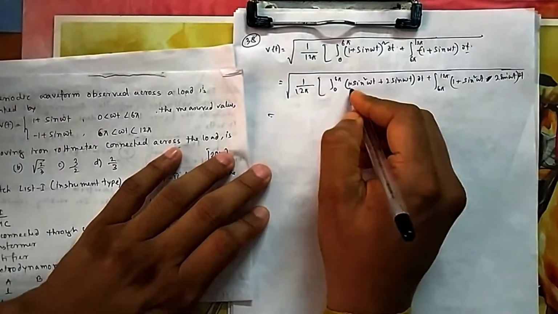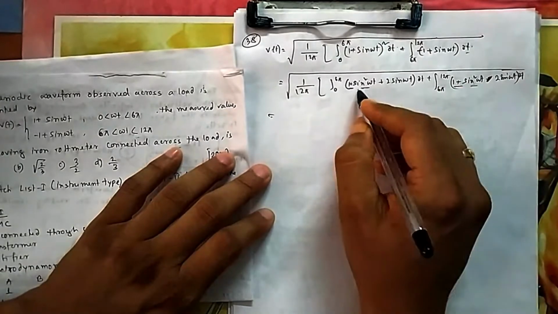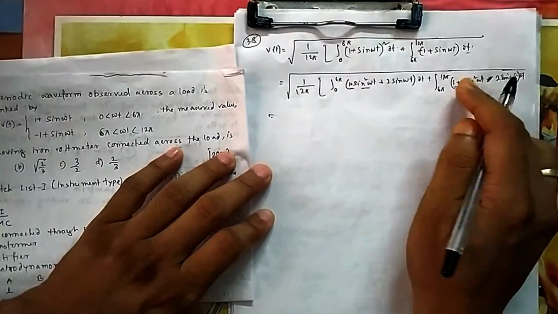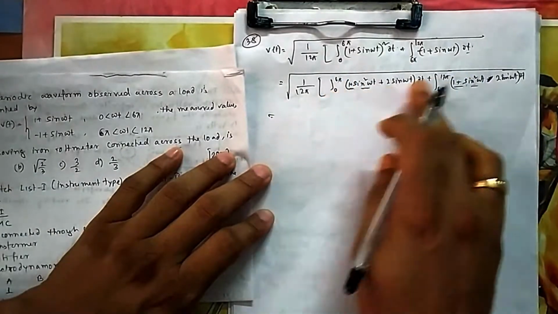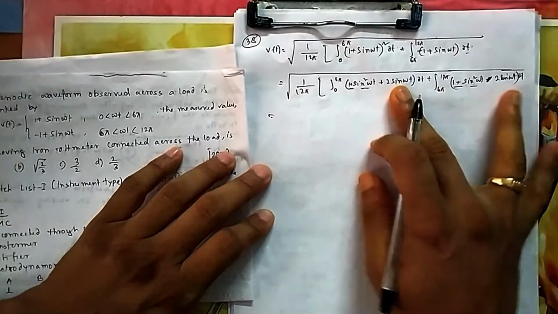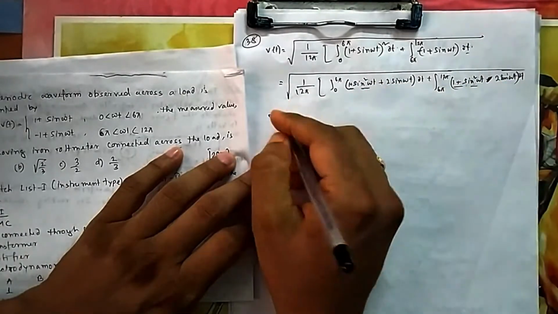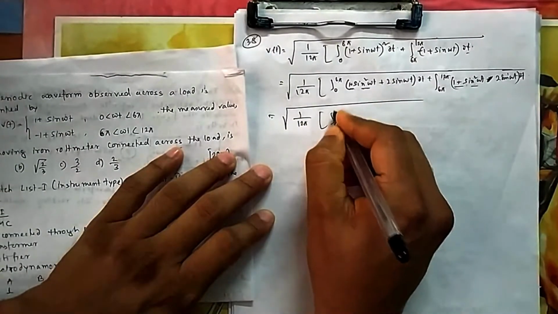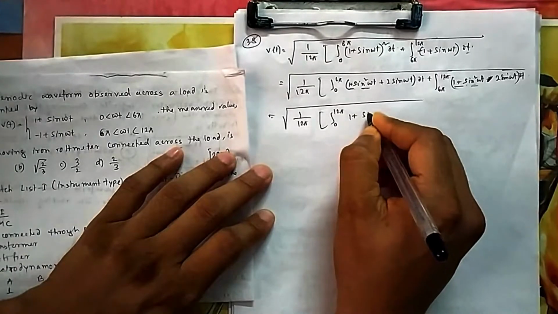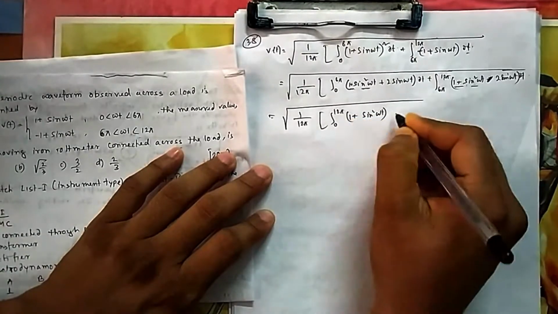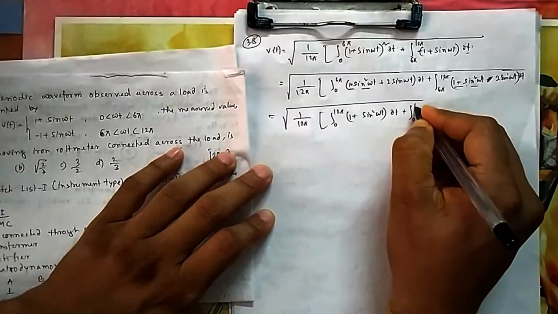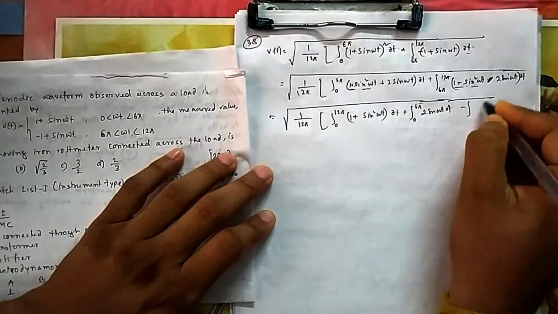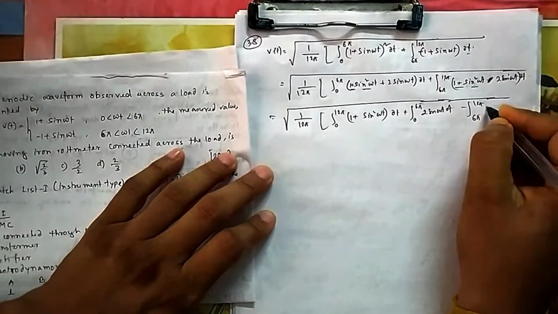Now you can see your 1 and sin square omega t, you check it out. 1 plus sin square omega t is there from 0 to 6 pi, and it is also there from 6 to 12 pi. So you can club these two integrations. You can directly go from 0 to 12 pi for these two. For this one it is different because here it is plus, here it is minus. So you have to do it separately. So let me write it in this way. 0 to 12 pi directly I am going for 1 plus sin square omega t dt, and for this one I have done separately 0 to 6 pi 2 sin omega t dt, and then minus 6 pi to 12 pi 2 sin omega t dt.